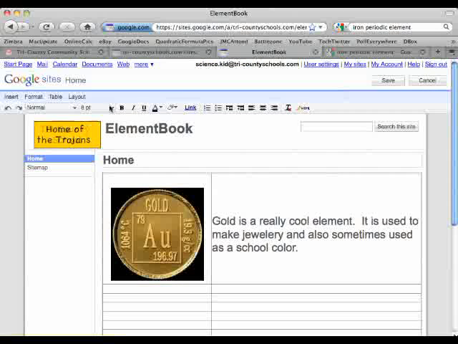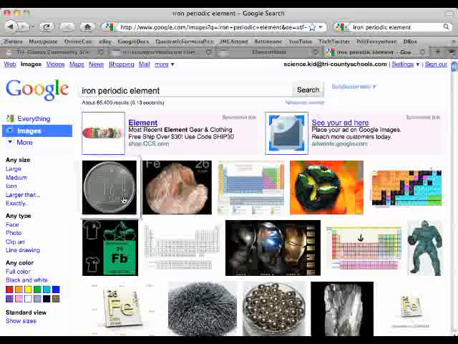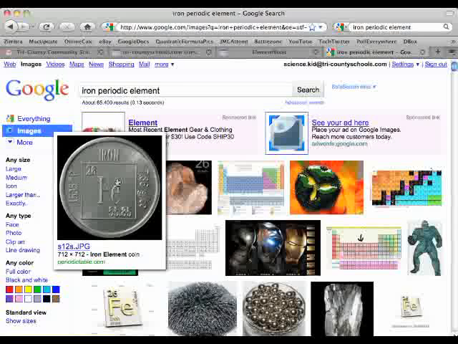There'll be a row of tools here that are your standard word processing tools. And we want to add a picture and then the explanation about it. So you can just simply go do a Google search. So I actually have another tab open here where I've done an image search. Here's an image I can use for